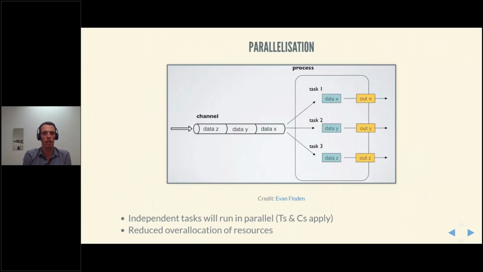So I mentioned the parallelization for free, and this is linked to how channels and processes work. And this diagram gives you an idea. So you've got a number of data sets or data chunks. This could be separate samples, perhaps, that you want to process, and those flow through the channel, and then a process which defines this channel as its input spawns that many tasks, each processing each chunk separately.